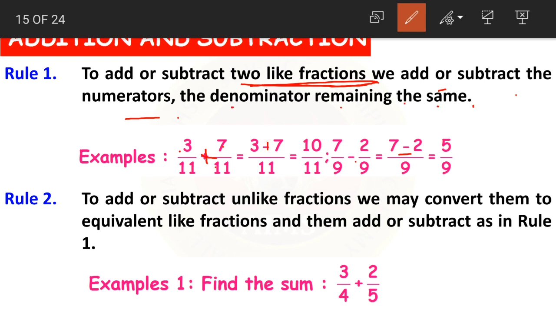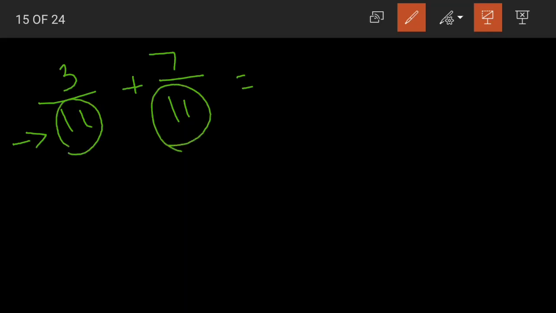Now let us take the example 3 by 11 plus 7 by 11. First, what will be the first step? First step will be to check whether these are like fractions. Yes. Now both the fractions are having 11 as their denominators. So we can call these two as like fractions. And as they are like fractions, we can perform addition here. How to add? Add the numerators first. 3 plus 7 whole divided by, just write the denominator 11 here. Clear students? 3 plus 7, add the numerators, whole divided by just the denominator.